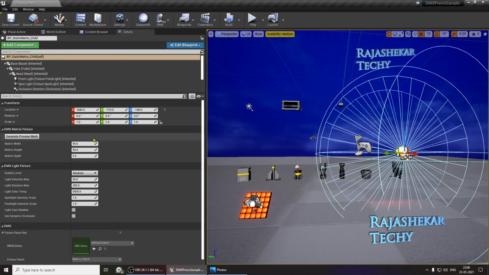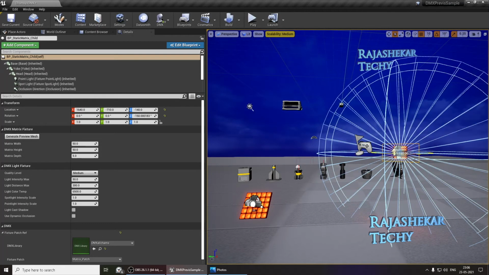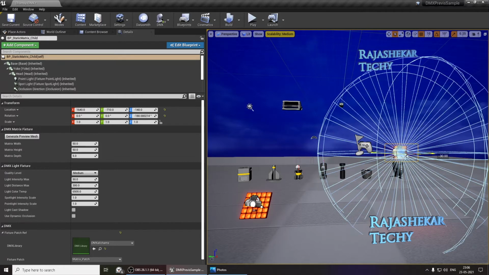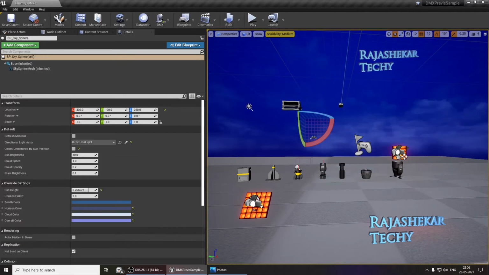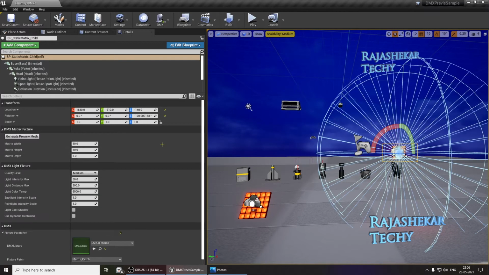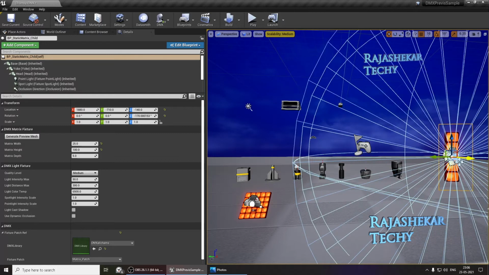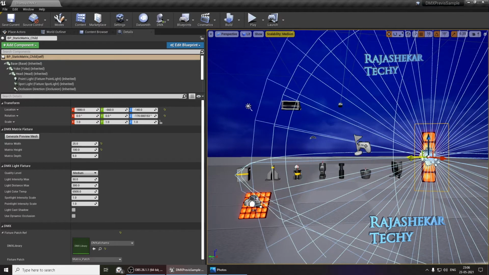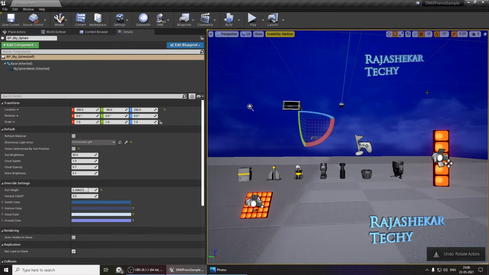In the case of static matrix, let's click on generate preview mesh. Let's rotate it. There it is. Okay, now you see it only has 5 elements because we chose 1 by 5. Let's resize that. Select the matrix. Give it as 100 and this goes as 25. And let's preview again. And here it is. It's just static matrix. All the lights are ready. They are patched and everything is good to go.